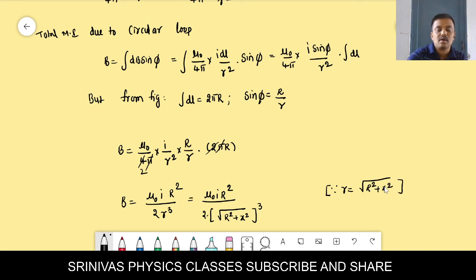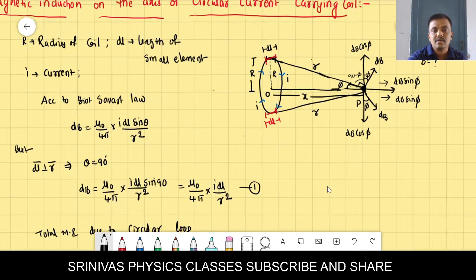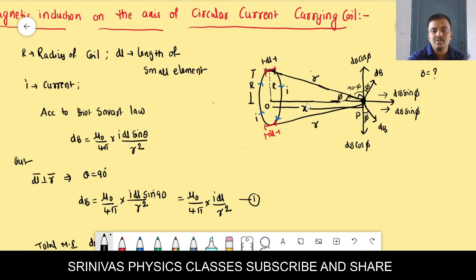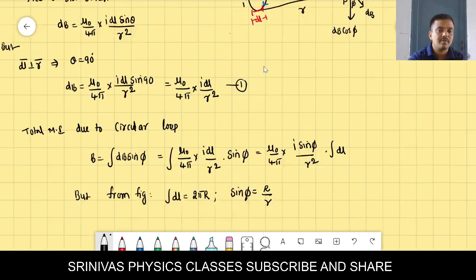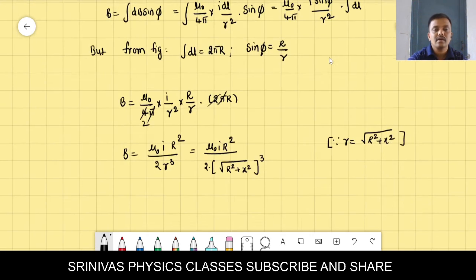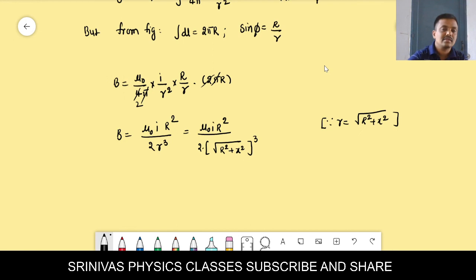How will you get this formula? From the figure we will get. You see the figure, the triangle you see here. This is x, this is r, this is small r. Then small r square equals capital R square plus x square, we write from the Pythagoras principle. Then small r is equal to under root capital R square plus x square, we write from the figure, right? Now can we write like that?